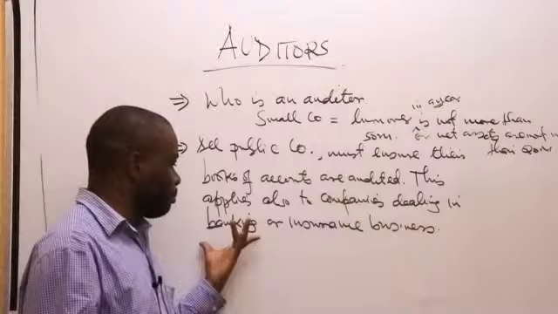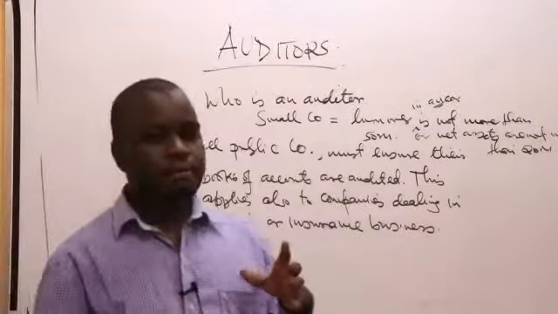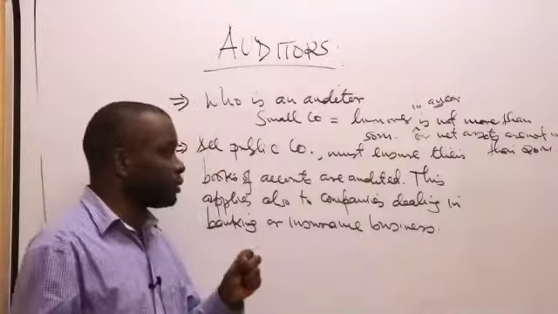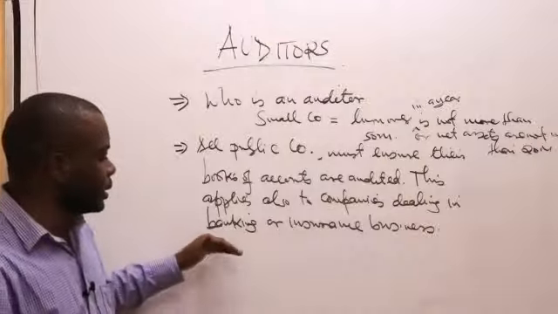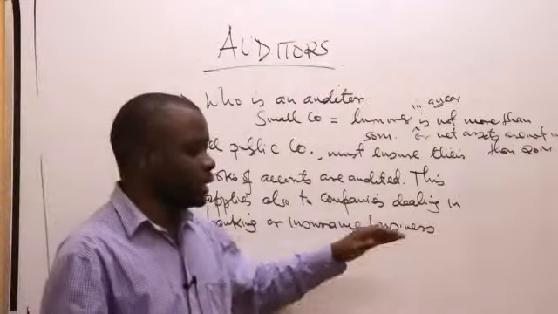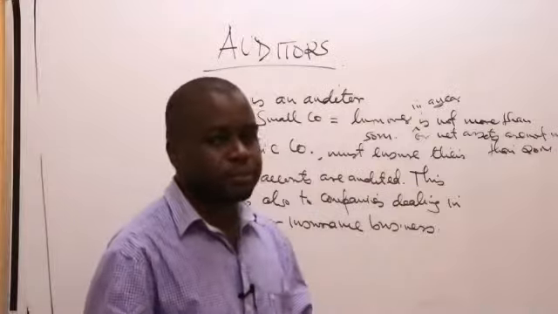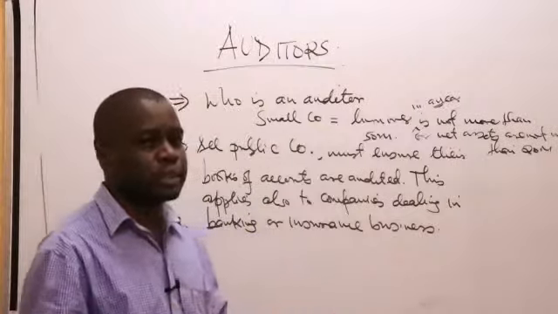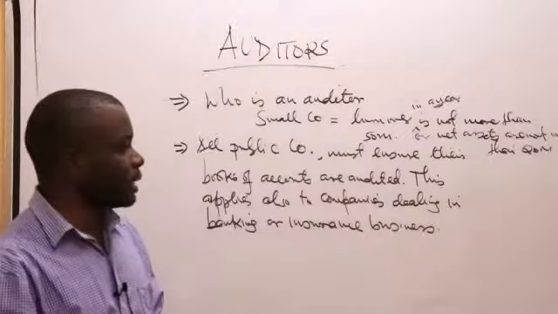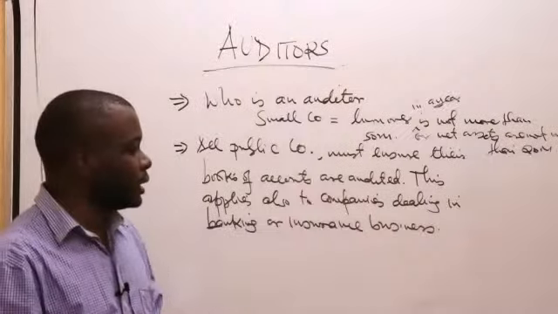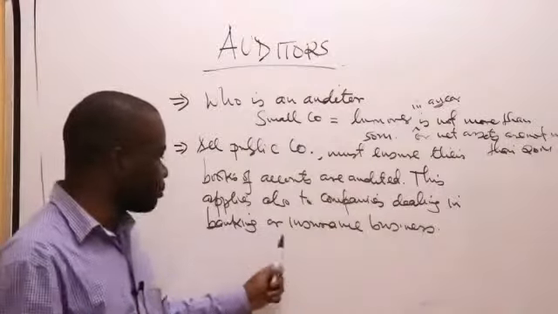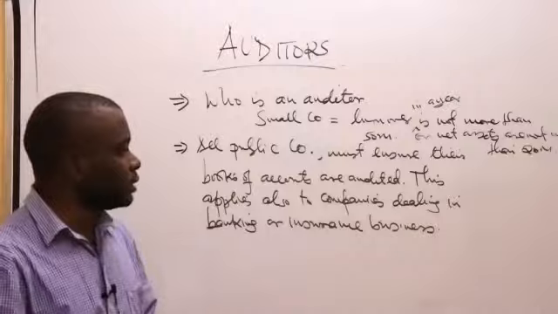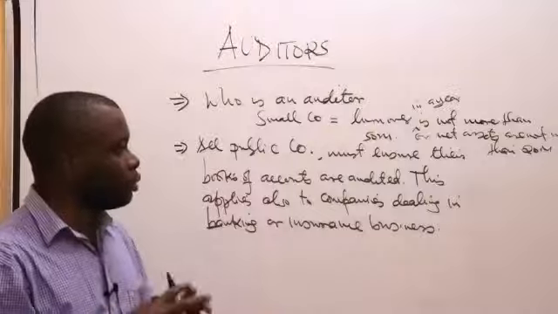Mostly you find that banks have money for their customers. You deposit your money there. That money should be protected, because there are several people who have an interest in banks and also insurance. With insurance businesses, you give them your premiums. If they don't provide audited books, how will you be able to ascertain that this company still has our premiums, which are safe? So banking and insurance businesses must ensure that their books of accounts have been audited. So that is with regard generally to a company auditing its books of